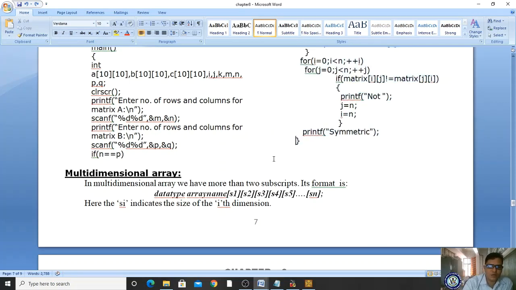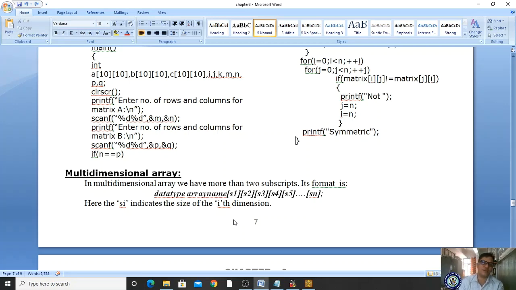Now let us come to the multi-dimensional array. Till now we have learned one-dimensional and two-dimensional arrays. Now we are moving to the multi-dimensional array. In a multi-dimensional array we have more than 2 subscripts, which means more than 2 square brackets.